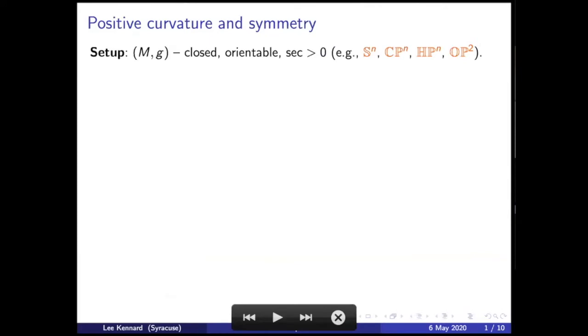The motivation for the talk comes from positive curvature, so I'm going to start with that. If you're not interested in positive curvature, we'll eventually discuss some things that have nothing to do with curvature. So hopefully some part of this will be interesting. I'm talking about positive sectional curvature. I'll sometimes abbreviate it like this. Examples are the compact rank 1 symmetric spaces.